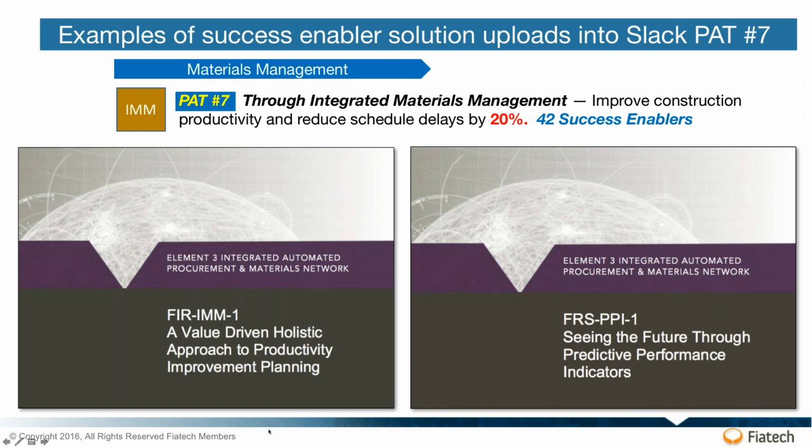As I've already said, there's a number of documents that you can load up, any documents you want that relate to the subject. And so integrated material management, we uploaded a value-driven holistic approach to productivity improvement planning. This is a fairly lengthy document. It's about 100 pages, but it takes you through all the steps of material management from point of origin all the way to ongoing operations, and it points to sources of inefficiencies, and it gives you methodologies that allow you to make ROI calculations with respect to how much it is costing you now versus the impact of any new technology you're planning on using.